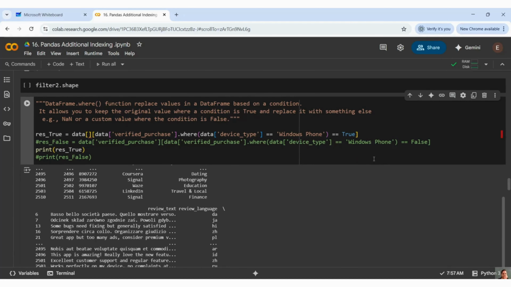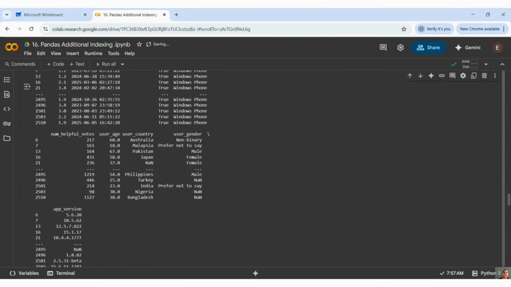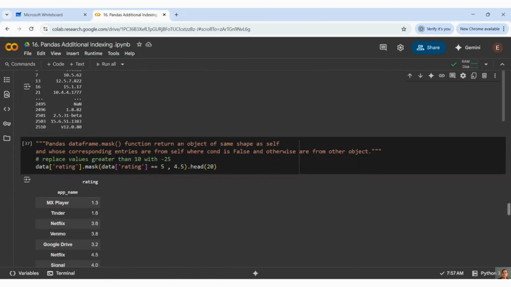Similarly, in the below example, I have shown that these are my true condition. With false condition also, I am able to get my output. These are again, guys, all filtering and indexing. So if you want to fetch particular things, these are the easiest way to get it. These are the different methodologies to get it. And like I said, I am covering everything. I'm not leaving anything behind. Now we will understand